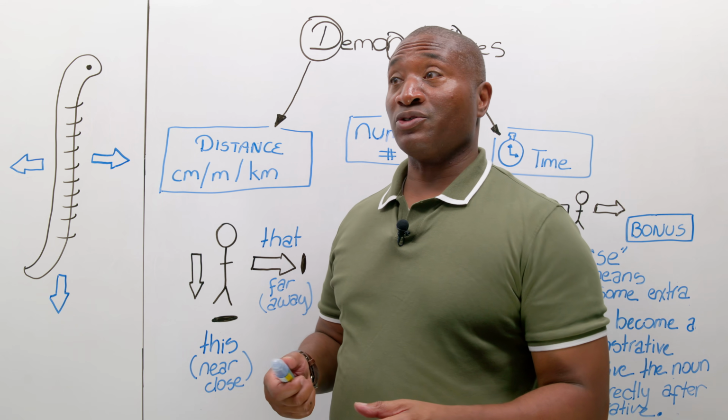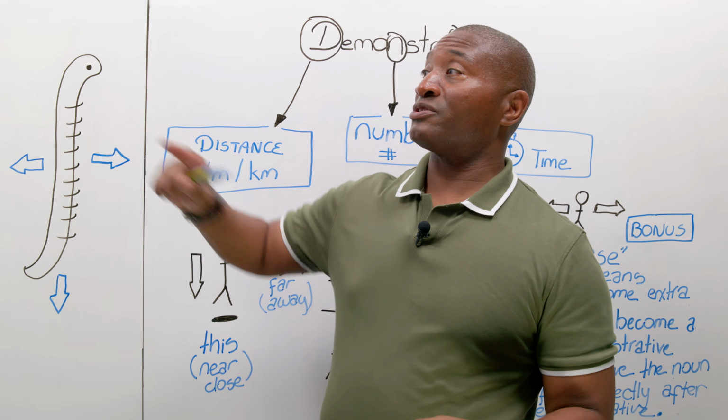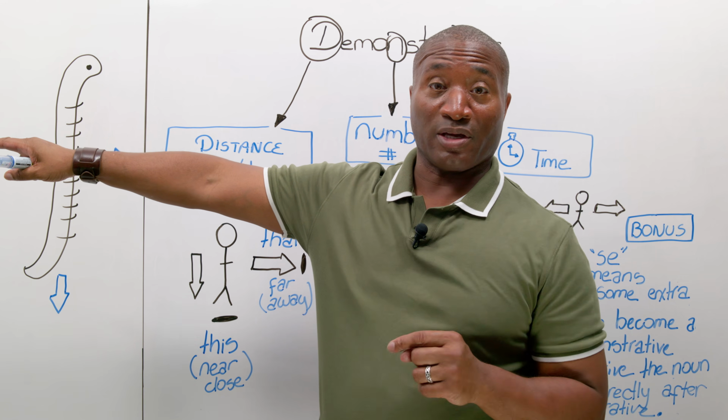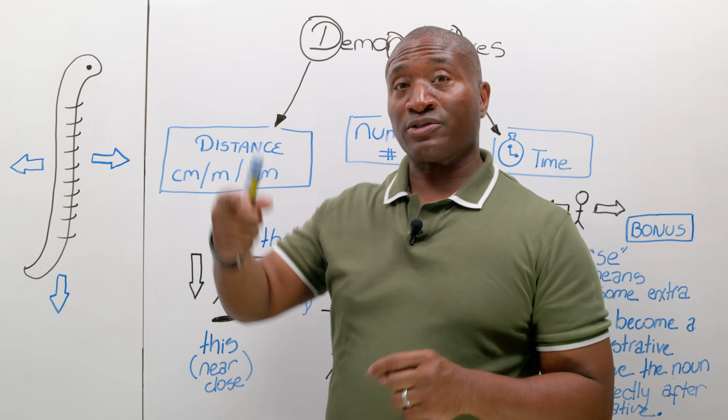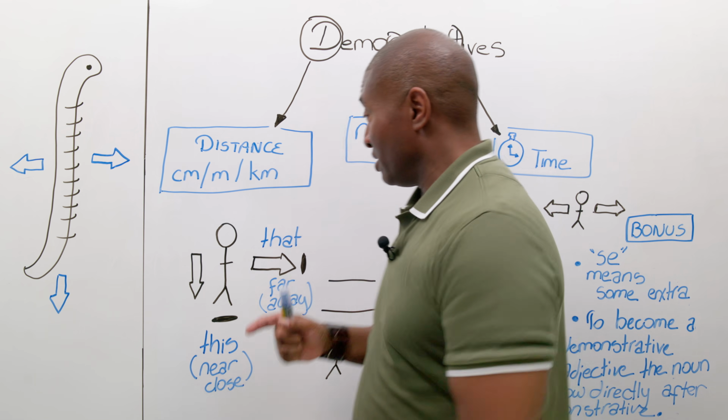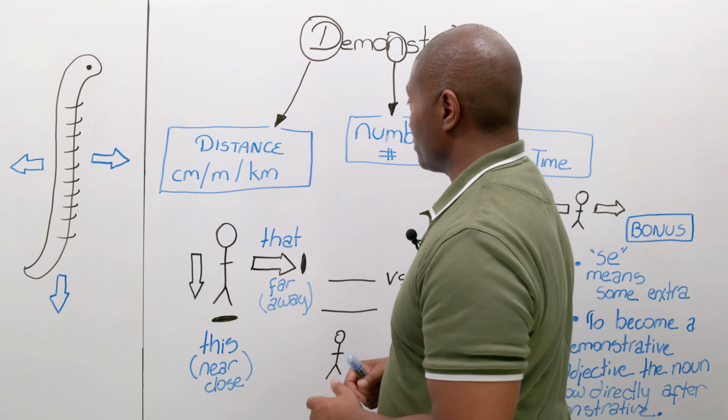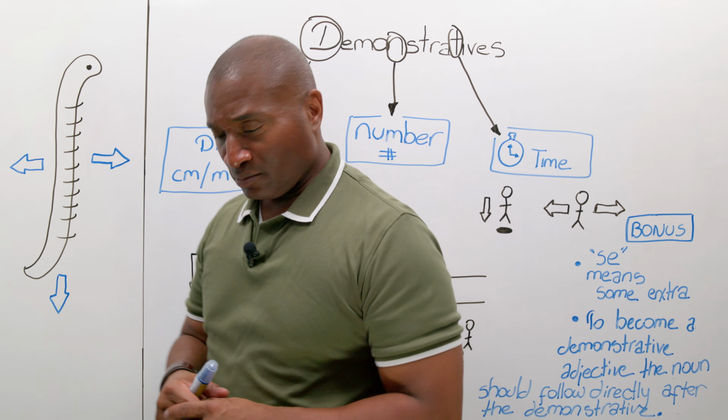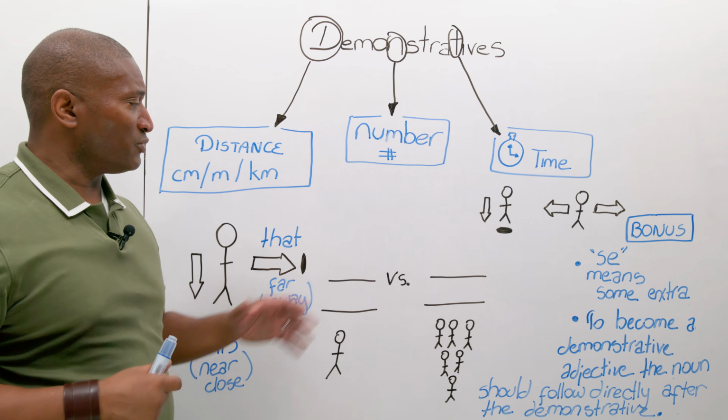How far is it to my house? My house is that way. I'm just going to say it's a distance away. Or is this your house? And the house is probably right in front of me. Distance, far or close. Now, we're talking about far or close. Let's move to the next thing.